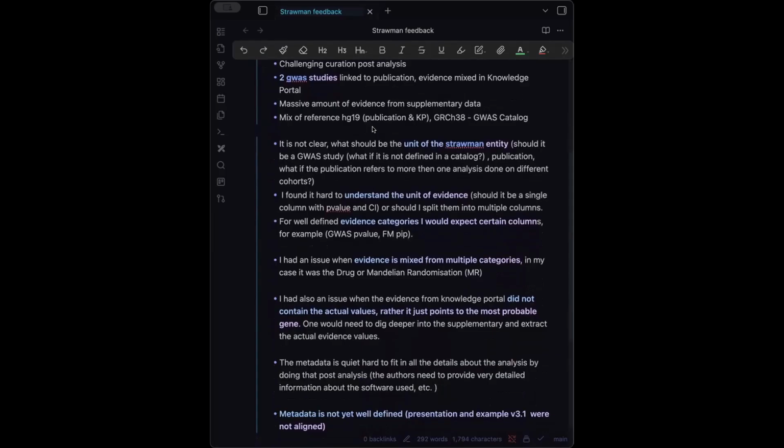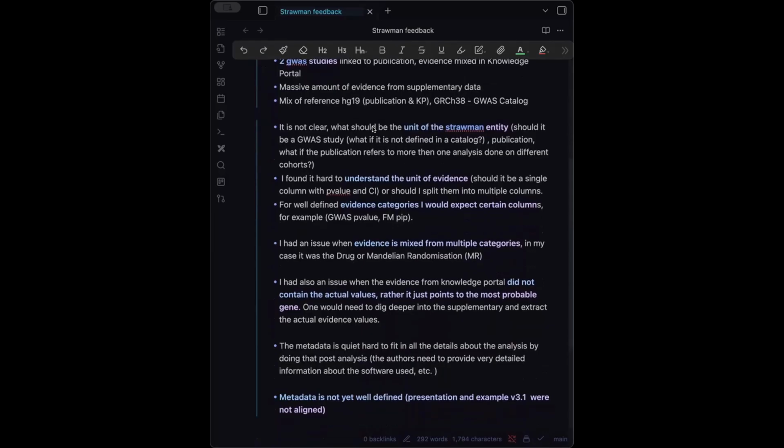The thing I struggled with here is that I think we should well define the unit of the study entity by itself. From what I understood from the format, it's linked to the GWAS and a specific study that we have in the GWAS catalog or some other resource. But I don't think there is much definition about the cohort. Maybe that's wrong, my assumption, because maybe I did not see that in the example file, but maybe I missed it.